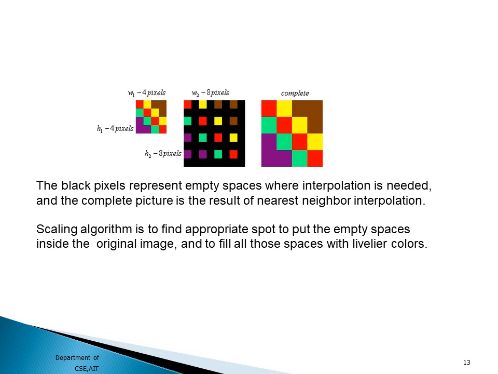You can see here the red color that was there, now it has been doubled because the neighboring pixels are also colored with the same color. You can see the yellow over here. That yellow color is also colored by using sampling. The neighbors will be affecting. So the scaling algorithm is going to find where I have to put my colors in the empty places inside the original image, and then this can be made into a more lively picture with some zooming effect.